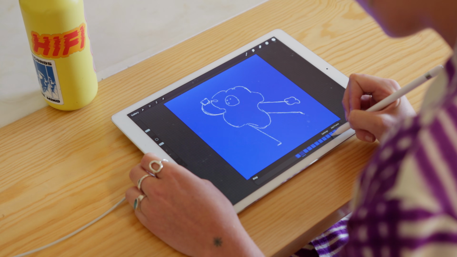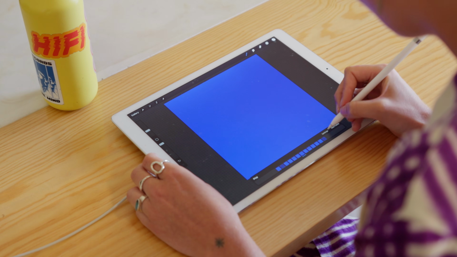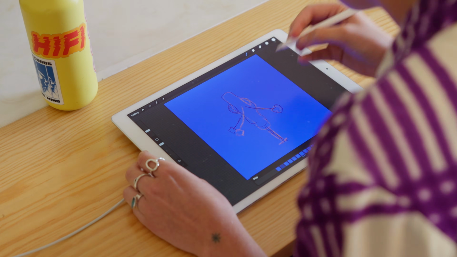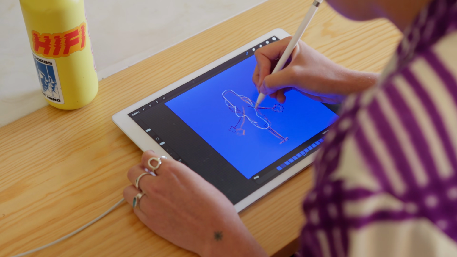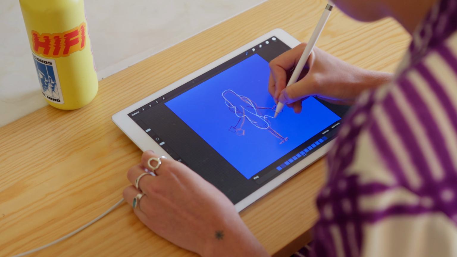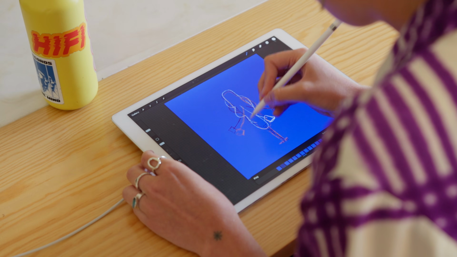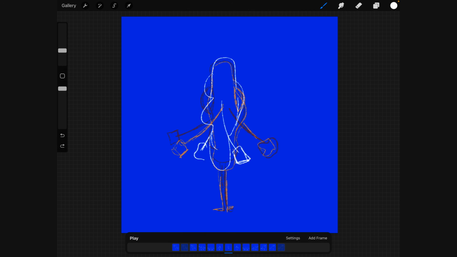And I think as well, I want to add maybe another couple of frames in this middle to make that spin go for a little bit longer too. So maybe we can have a little moment like this, where you've got the arms almost hidden by the body of this, and he's just having a little spin.